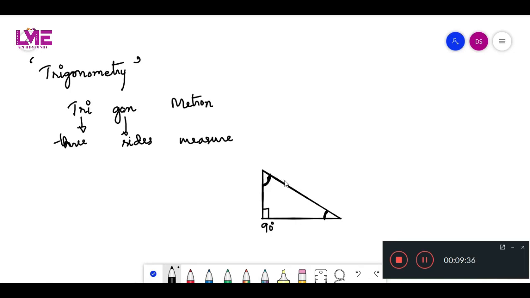then also it is with respect to an acute angle. If I name this A, B and C, I can say this is a right angle which is 90 degrees at vertex B, and angle A and angle C are acute angles. So acute angle means an angle which is less than 90 degrees. So these are acute angles.